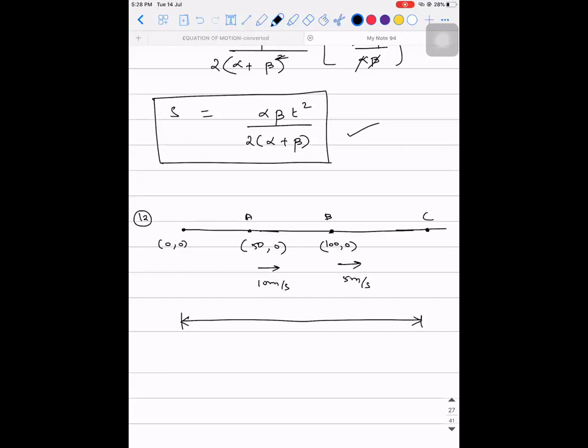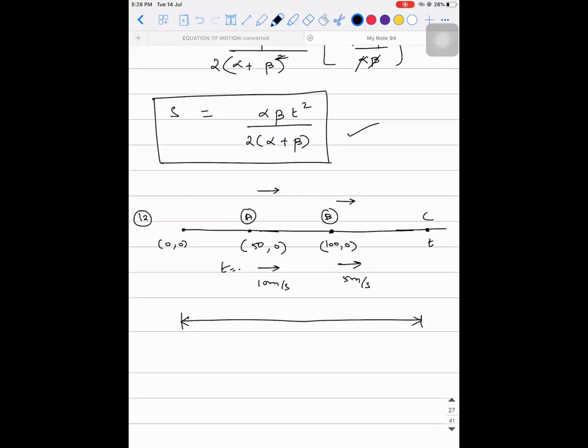Okay, means you're walking like this, your friend is also walking in the same direction. Your friend is walking a little slow, but you're walking a little fast. When will you be able to overtake your friend? Before you overtake, there should be a point at which you both meet. Let's say where you both meet is point C, and the time at which you meet is T.